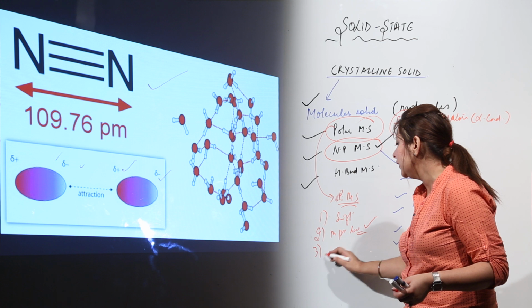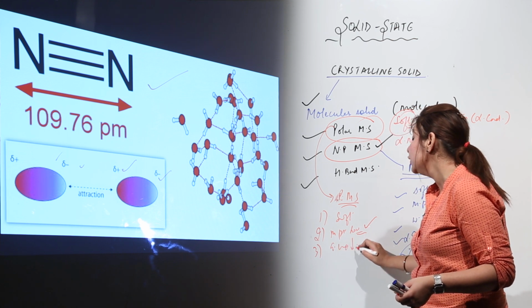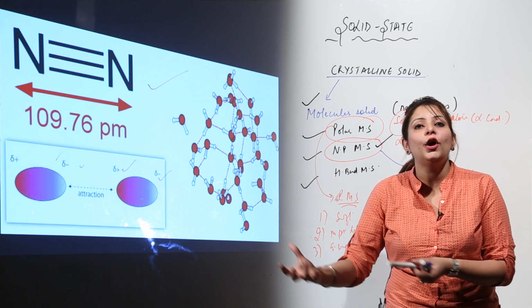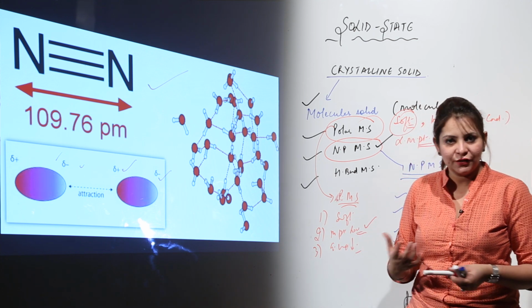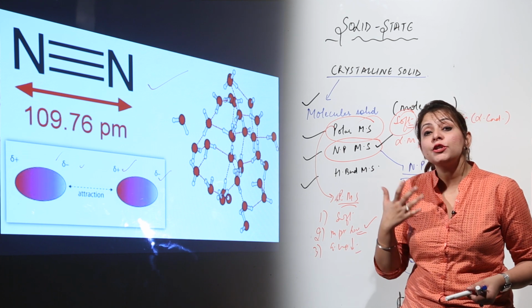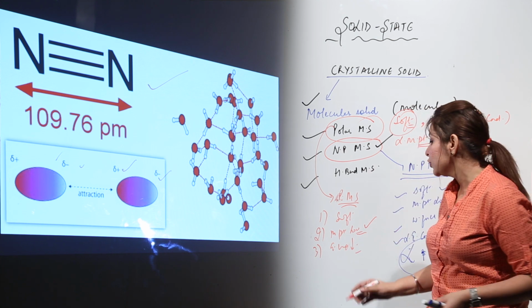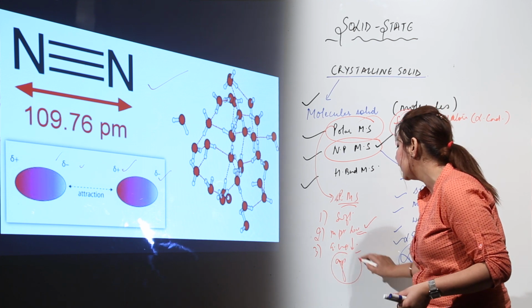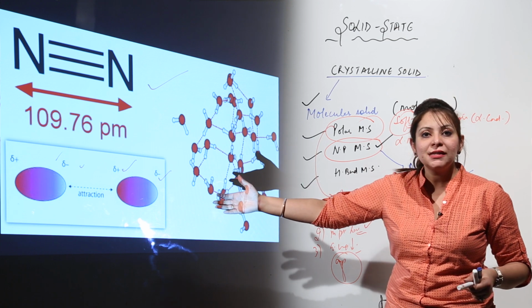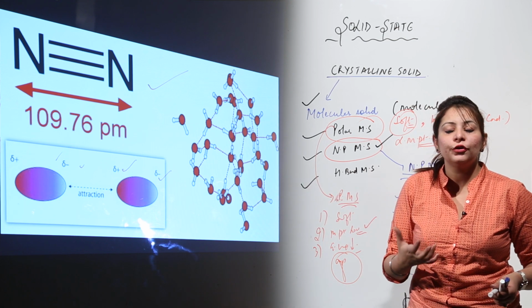And if we talk about conductivity, it is also low, because here too there is hardly any free mobile electron which can move or carry electricity. So again it has low electrical conductivity. And when we talk about the state in which they exist, they mainly exist as gas. Suppose I take an example of HCl, so you know that HCl exists